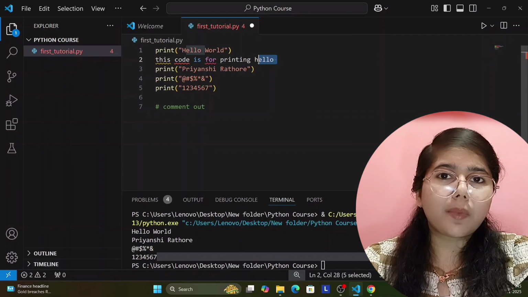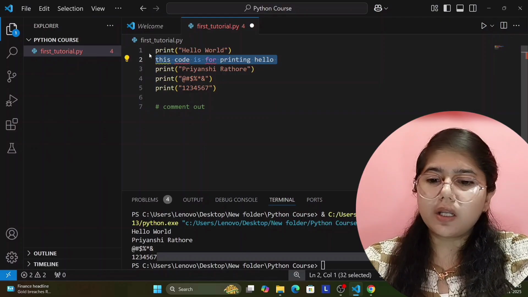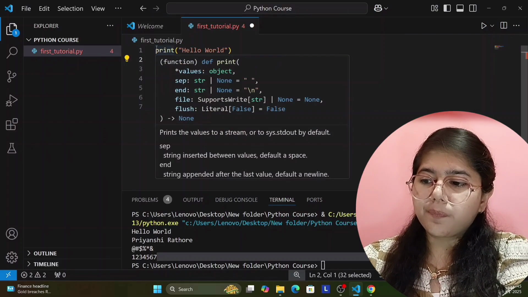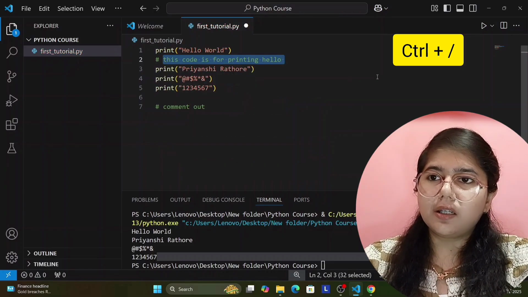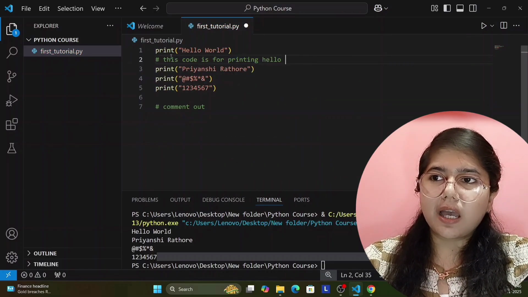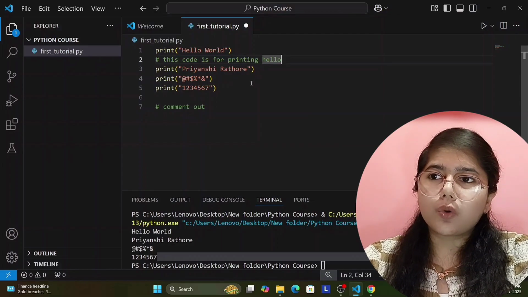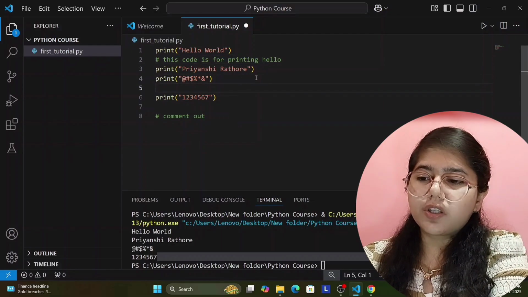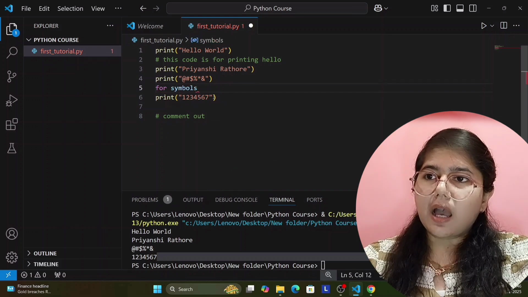How does comment out work? You have to select the line which you want to comment out, and then press Control plus slash. See here, Control plus slash, and this line has been commented out. Okay, if I want to write after this, this code is for symbols, and